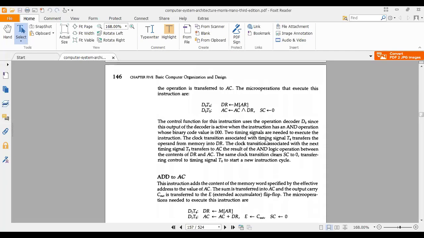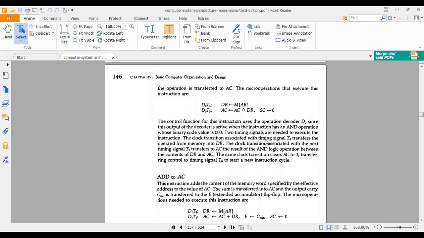Look, every time, not just addition, there will be ANDing and some other operations like load and store. So when you need two data, in addition or ORing or ANDing, whenever you go for logical ANDing or arithmetic addition, you need two data. The first data must be at the accumulator every time, and the second data must be at the memory locations, because the data must be stored in some particular location of the memory.